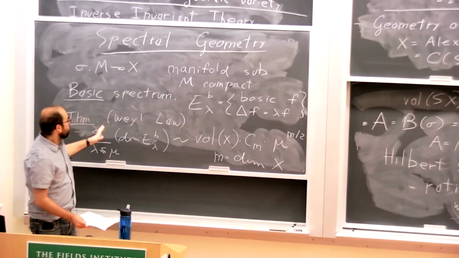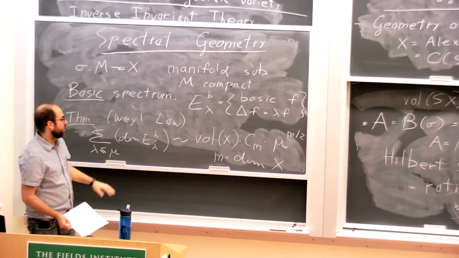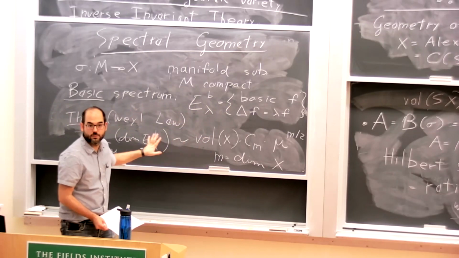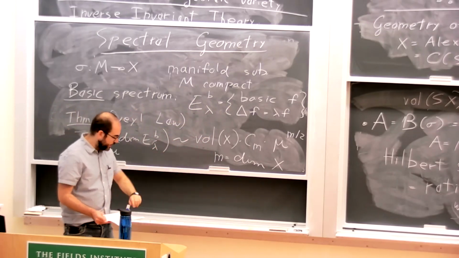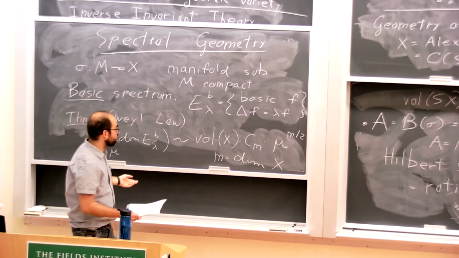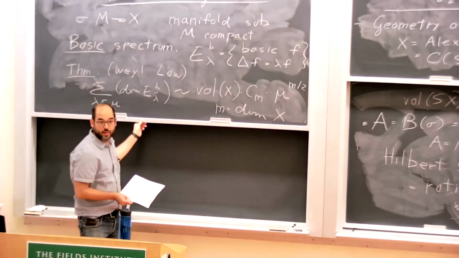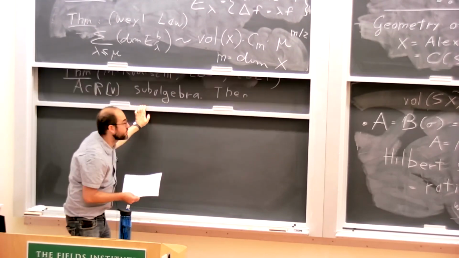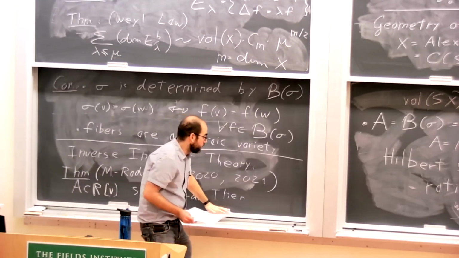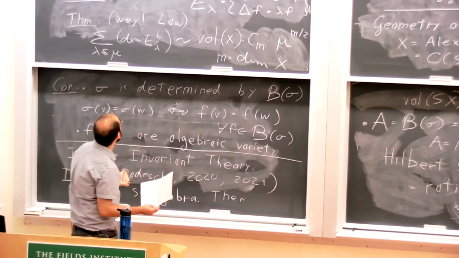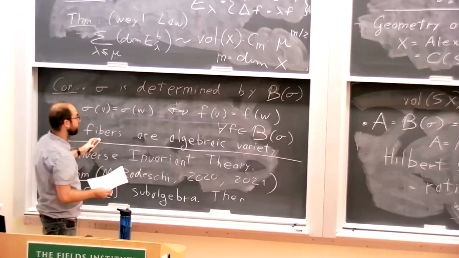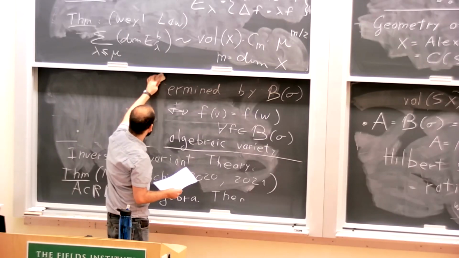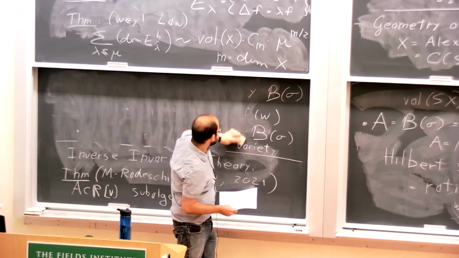If the foliation is just by points, then everything is basic. This is the classic Weyl law. And in the case of a group action, this was known before. This is the theorem of Bruning, Heinze, and Donnelly from the 70s, where they have exactly this result for group actions. So what we did is extend from group actions to manifold submetries.